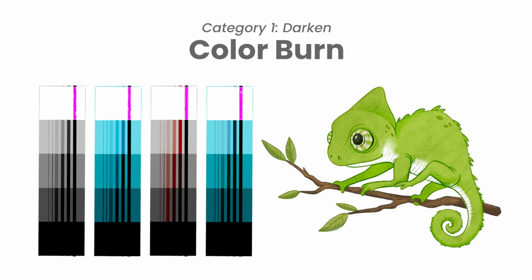Now, color burn, on the other hand, that one is a bit more complicated because it does a lot of things at the same time. Like, it increases the contrast between the base and the blend layer, and also reduces the highlights and saturates the midtones. So if you look at the color charts, you're going to understand what I mean. On the base, whatever is white or black is going to totally absorb the blend, but the midtones are going to become really contrasted and saturated. Now, this is personally not a blending mode I use a lot in illustration because it's a little bit hard to predict what's going to happen, so I prefer sticking with either linear burn or multiply.